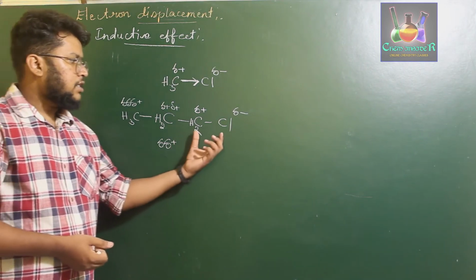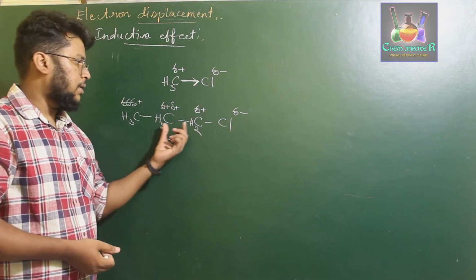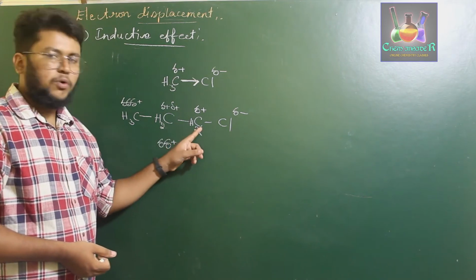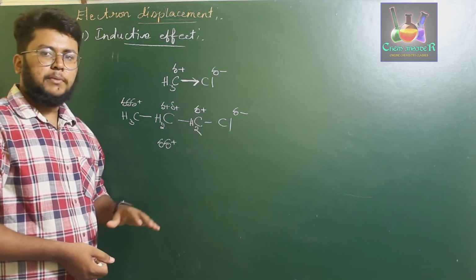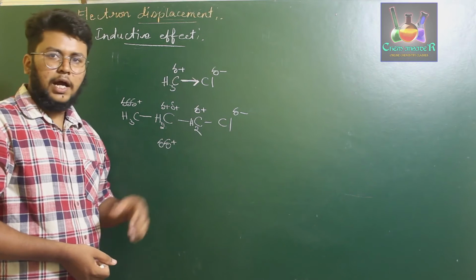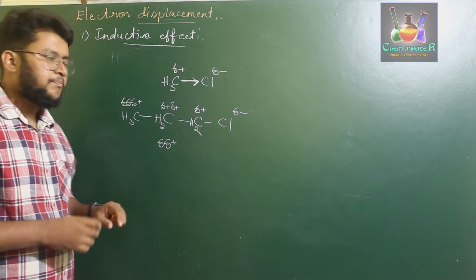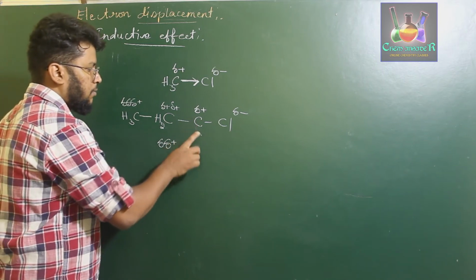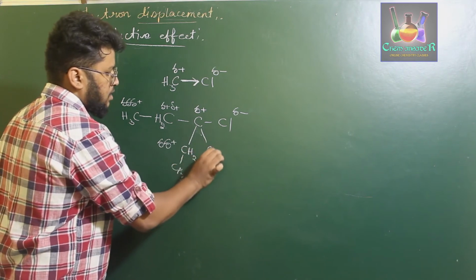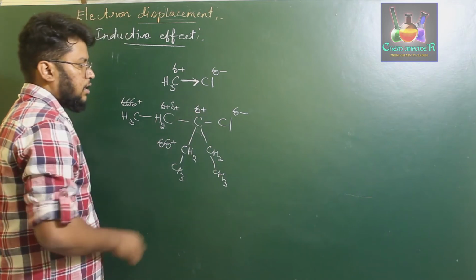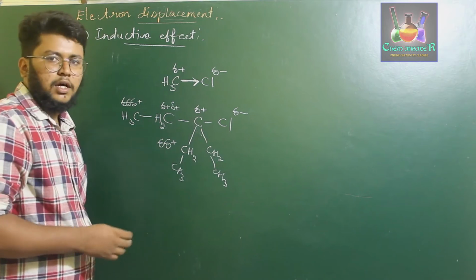Here, the charge induced on the atoms of a covalent bond is because of the influence of neighboring atoms. If more and more CH3 groups are attached to this particular carbon, the induced charge will be higher and higher in these two particular atoms. Here we just took a carbon attached with one other carbon. If you add more carbon atoms to it, like CH2, CH2, CH3, then this carbon carries a higher delta plus value and chlorine will carry a higher delta minus value.